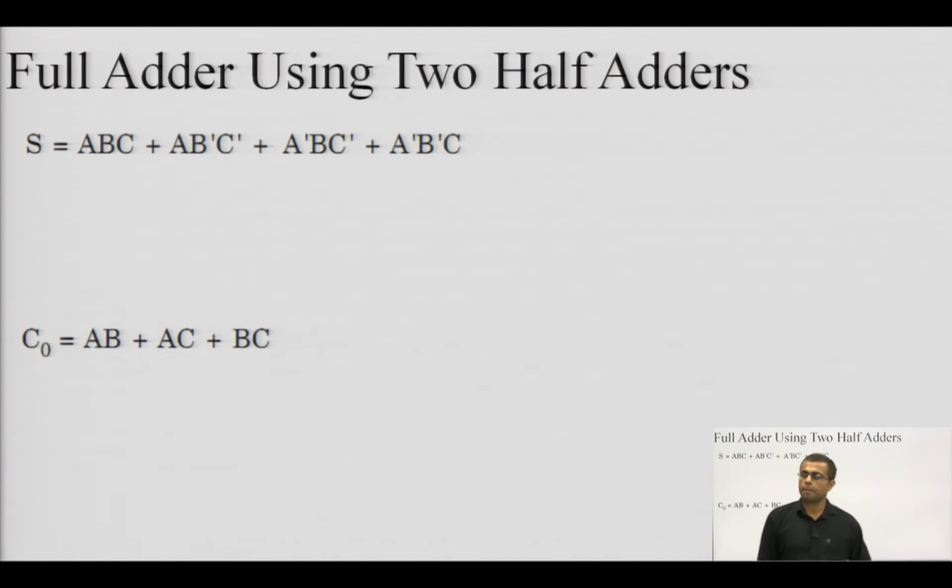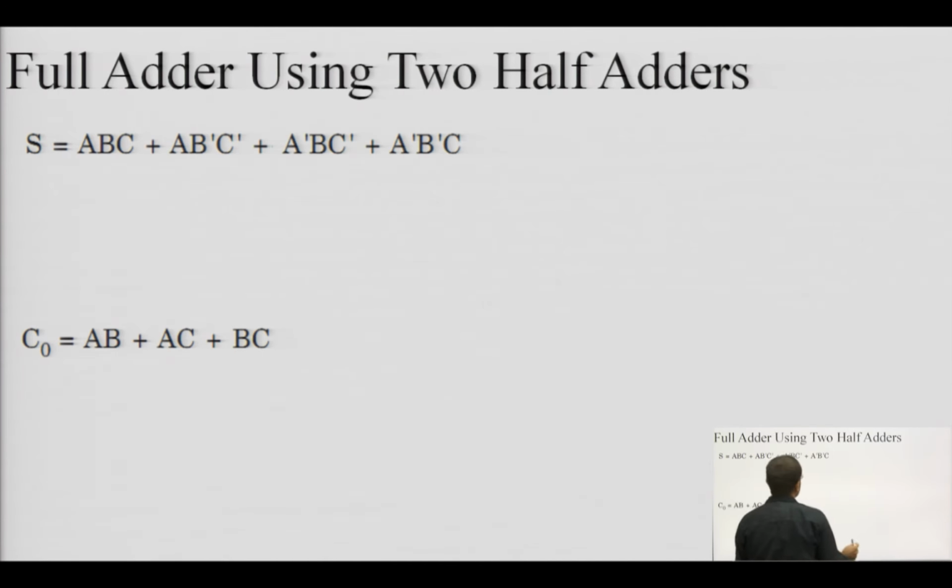So, in this way this is my full adder functionality. The next thing is related to that topic only. Can we design a full adder using 2 half adders? Yes, we can, but for that we have to relate these expressions with the expressions of the half adder, in which we had seen that the expression was in the form of XOR, but this expression is not looking like XOR. So, we have to do some Boolean minimization, or Boolean rearrangement, to make it in the form of XOR.